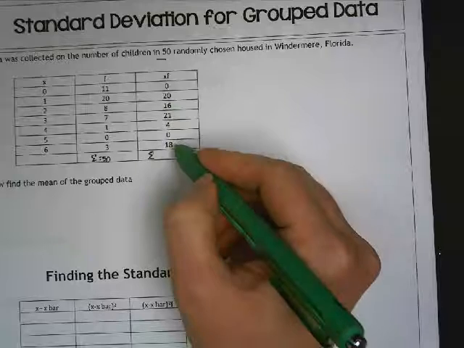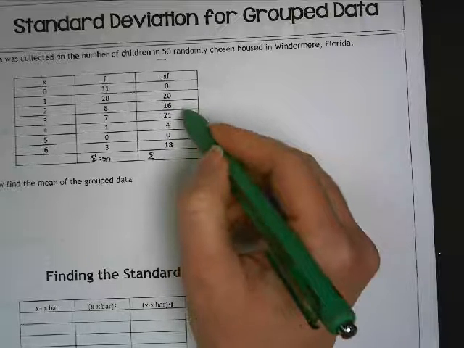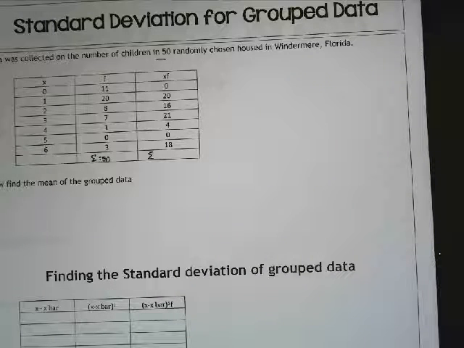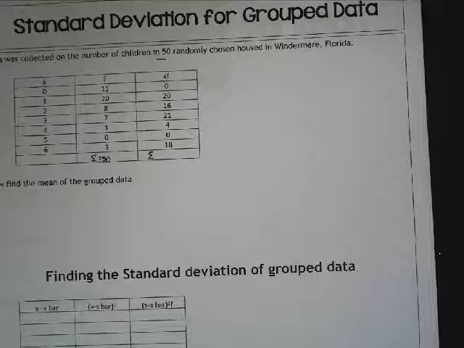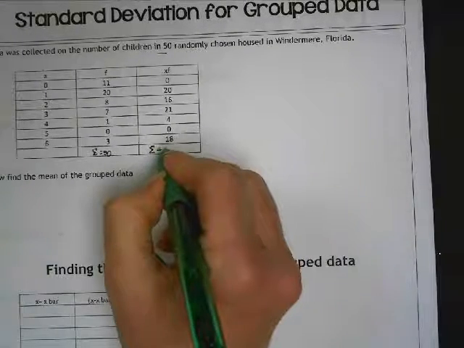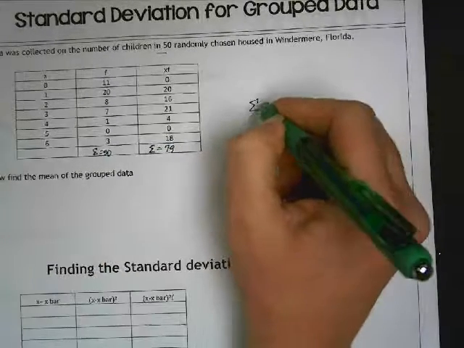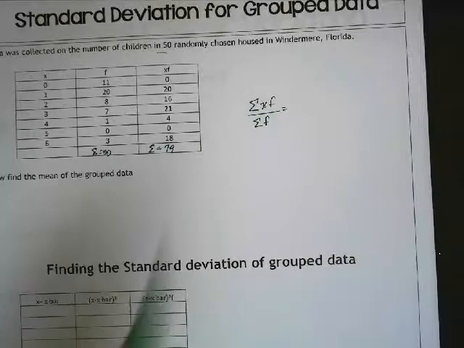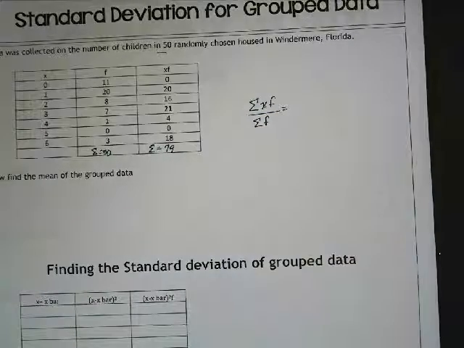Then I need to sum this column as well. So 20, 36, 24. The next thing you're going to do is divide. The formula is technically the sum of X times F divided by the sum of the frequencies. Do I add that right? 20, 16, 21, 4, 79. So 79 divided by 50